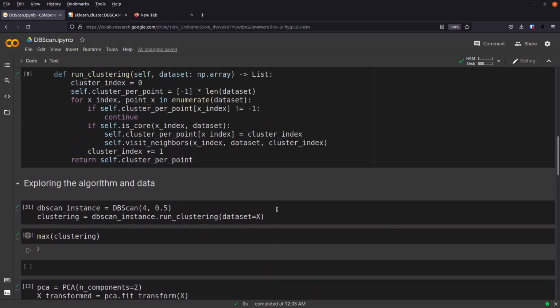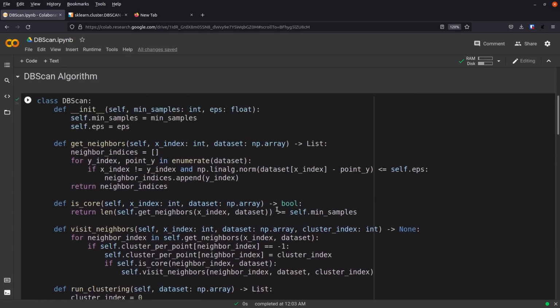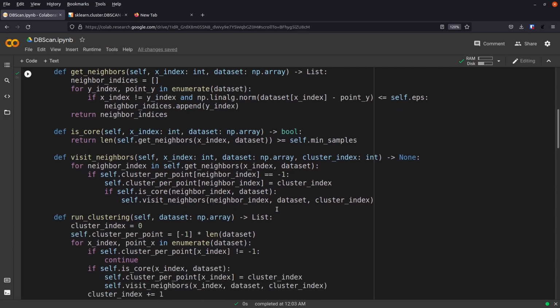So let's go up again and look at our algorithm that we did in this class here, and